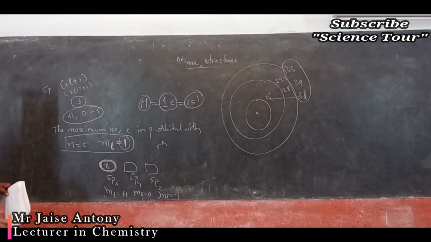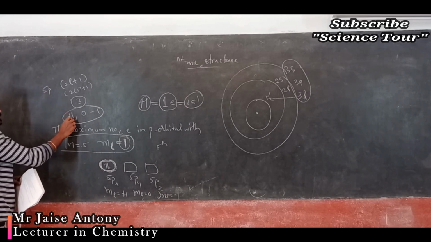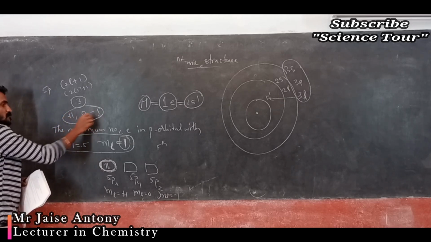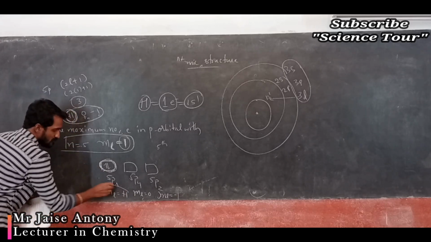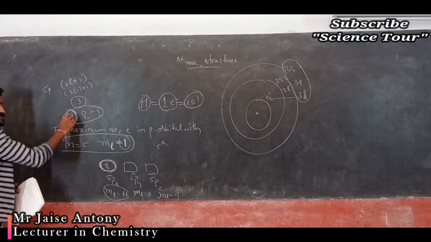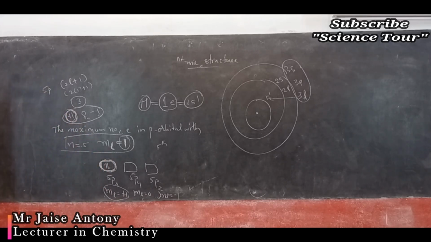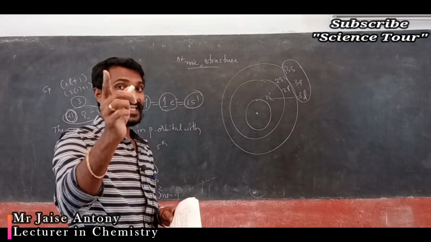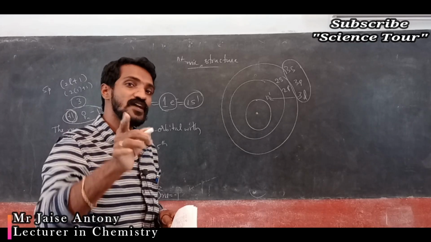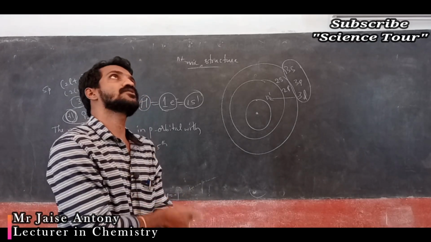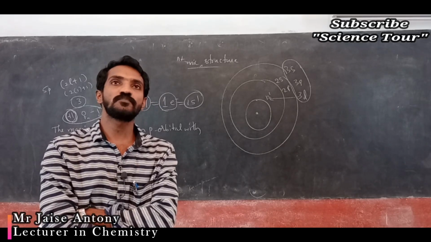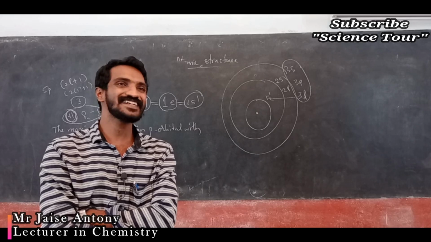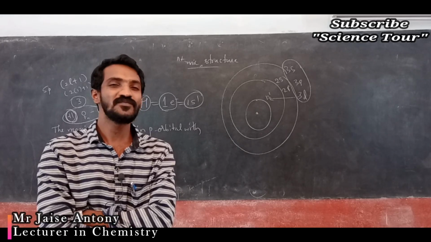That means only one of the 3 orbitals is meant. This may be px, this may be py, pz. Plus 1 means one of the orbitals. How many electrons? 2 electrons are present. So tricky, questions are tricky. If you simply read p orbital, 5px, 5py, 5pz, 3 orbitals, 2 plus 2 plus 2, 6 electrons, option A is correct. Your mark is 0.